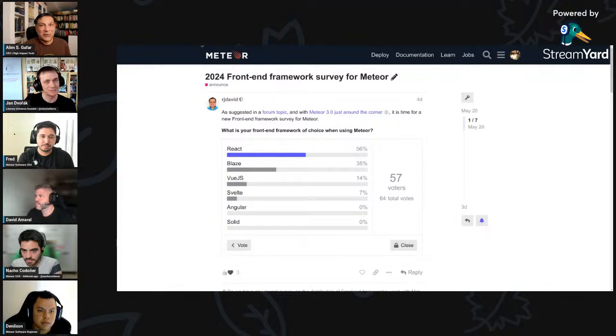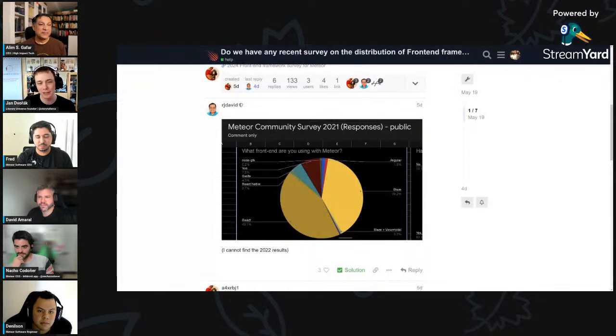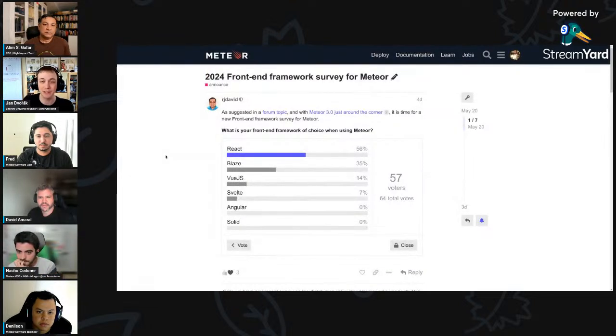Blaze has quite the continued life in the Meteor community, doesn't it? Yeah, well, it's partially also legacy, and if you look historically, it's still there, and usually it's always React, and then Blaze follows. Though if you look here, for example, from 2021, from a much larger survey, Blaze was around 40% compared to React's 43%, and right now it's like 56 to 35.